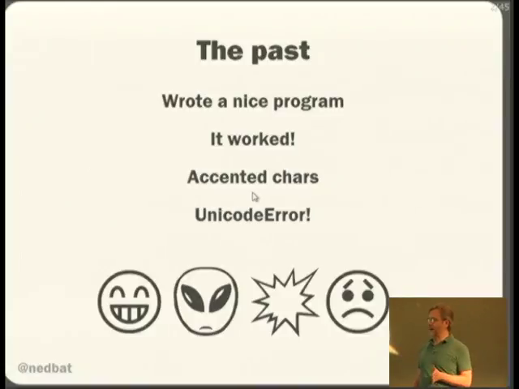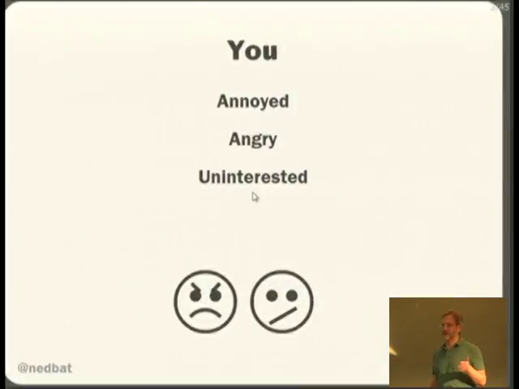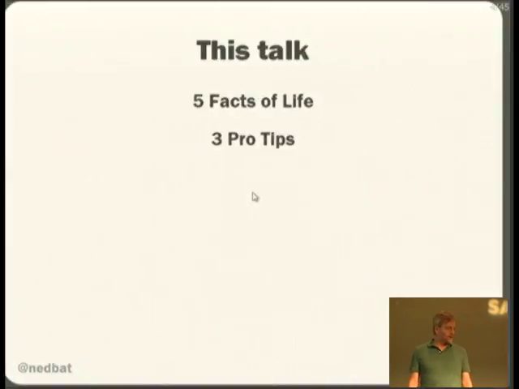But the way you're feeling right now is you're annoyed, you're angry, and you're fundamentally uninterested in Unicode, right? So I'm going to try to keep this really straightforward and just tell you what you need to know. I'm not going to get into all sorts of weird esoterica, okay? By the way, there are no images in this talk. There's a lot of Python making this happen, yeah. I'd be glad to show anyone afterwards all the craziness I did to make this talk.